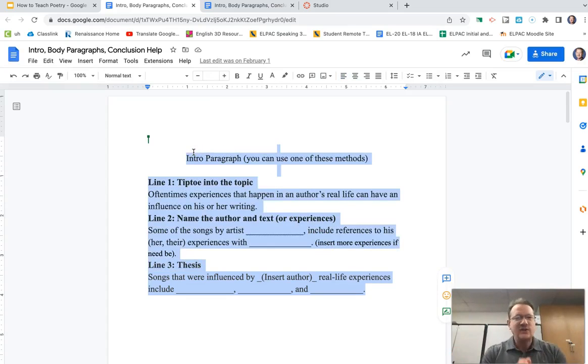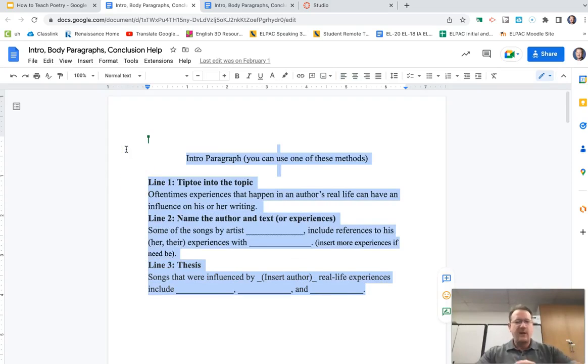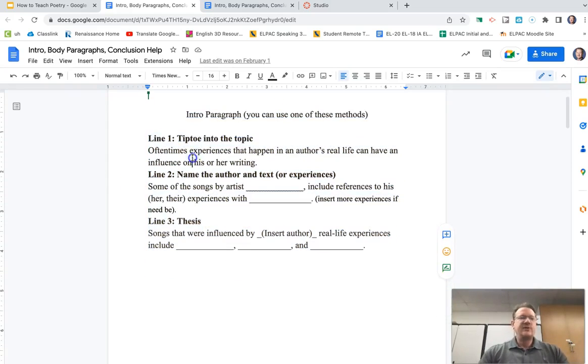So please be patient if your students don't memorize intro paragraphs or don't remember how to write one. It's not your fault. It's not the fault of previous teachers. We've all taught intro paragraphs and thesis statements. The reality is we don't use them daily, and so our brain doesn't find it too important to remember. Anyway, so I give them a formula. You can look at the formula. I won't spend time going over it, but essentially it's a 3-lined intro paragraph.